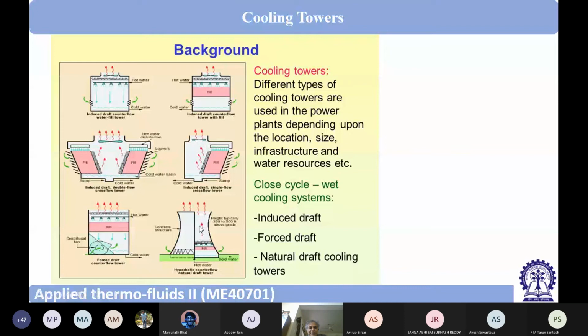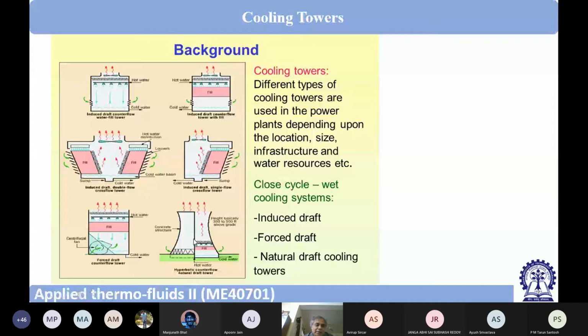If you get the chance of getting inside a natural draft cooling tower, you can see what a great airflow you can get. Of course, inside is very, very uncomfortable, because here the air will be almost 100% saturated, hot and 100% saturated. So you will feel very uncomfortable. But for some time, if you go inside, you can find that a very high airflow rate is there inside the tower, though there is no fan at all.